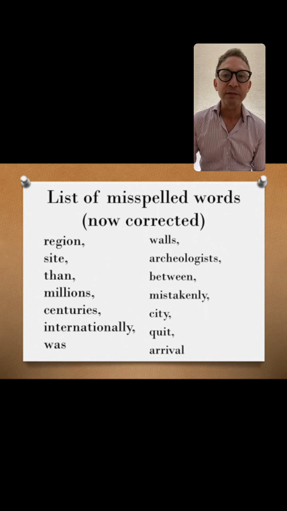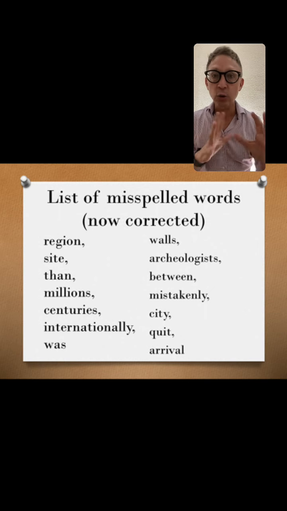Region, you can repeat after me. Sight, million. It should be million, not millions, excuse me. In the example, it was million. Although if it was plural, it would be millions with just an S, not ES. Centuries, internationally, was, walls, archaeologists, between, mistakenly, city,